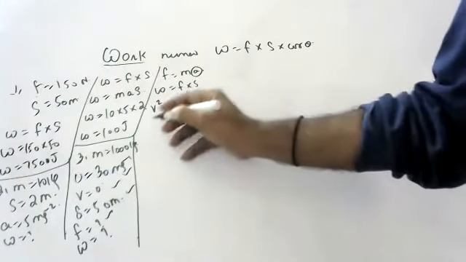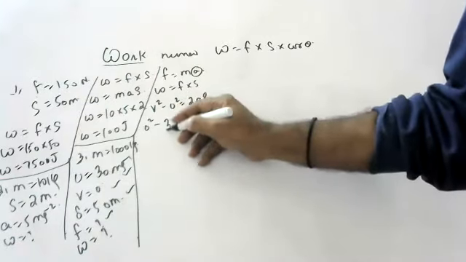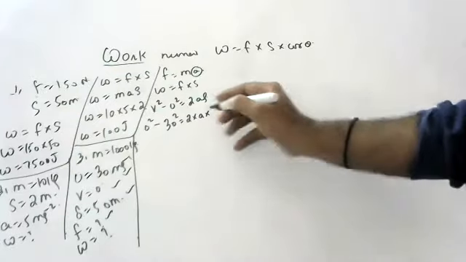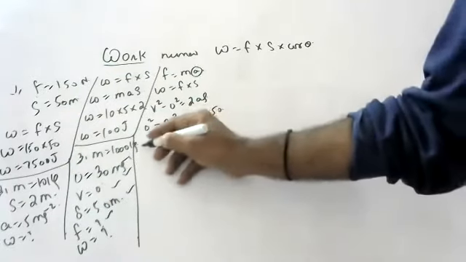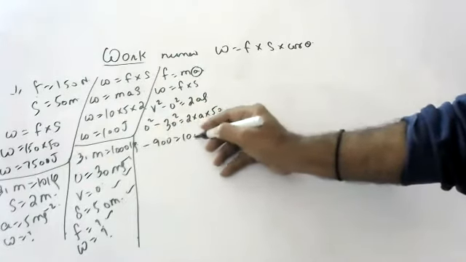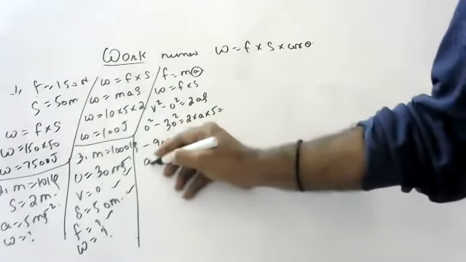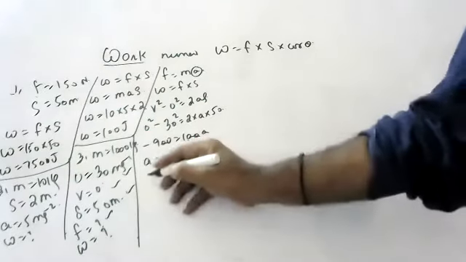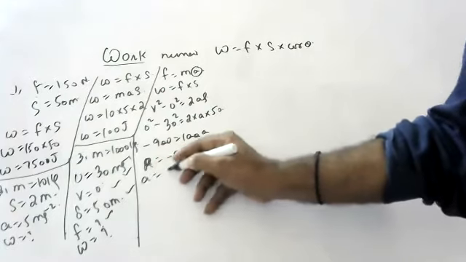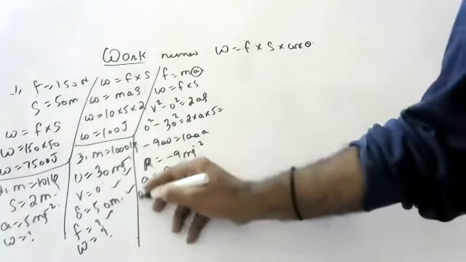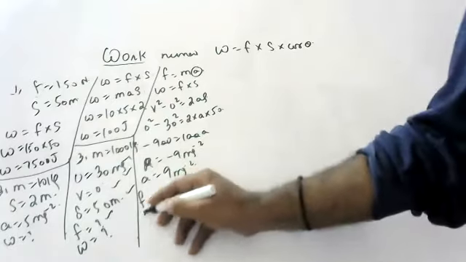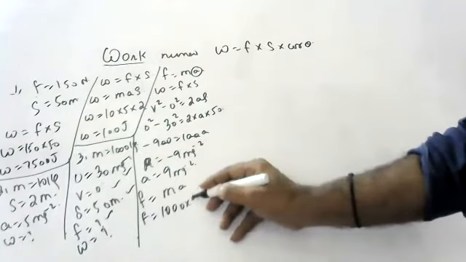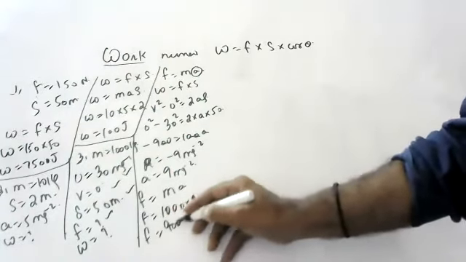0 square minus 30 square is equal to 2 into acceleration, and S is 50 meters. So minus 900 is equal to 100 a. Acceleration comes out negative, but you need not take the minus because it is retardation. So acceleration will be 9 only, children. Now what is force? Mass into acceleration, 1000 into 9, that is 9000 Newton.